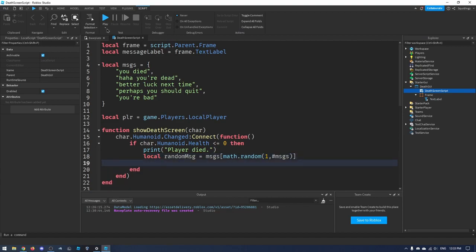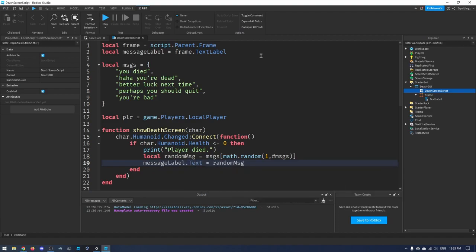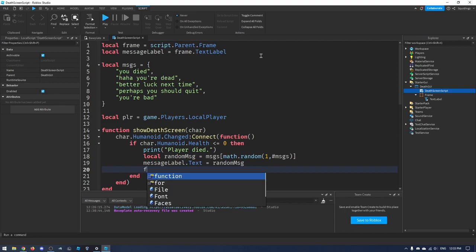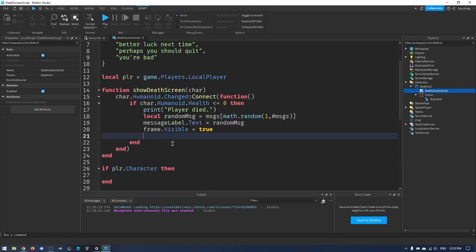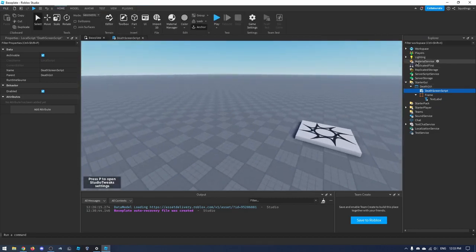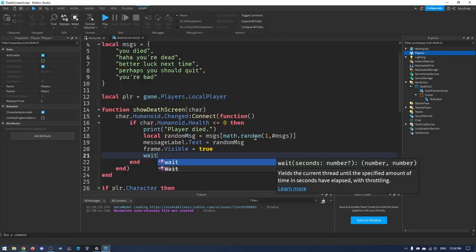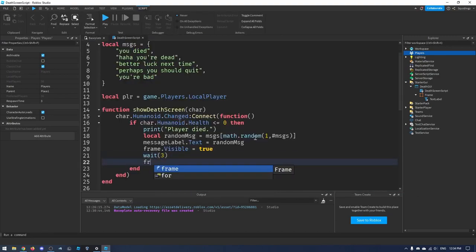We're going to change the text to our random message. So messageLabel.Text equals randomMessage, and then we're going to do frame.Visible equals true. And now we want to wait the number of seconds it's going to take for the player to become alive again, so for the player to respawn. So to find that number, you want to go into your Players in Explorer and you want to find the respawn time. So for me, that's just 3. So I'm just going to say wait and then a pair of brackets and then 3